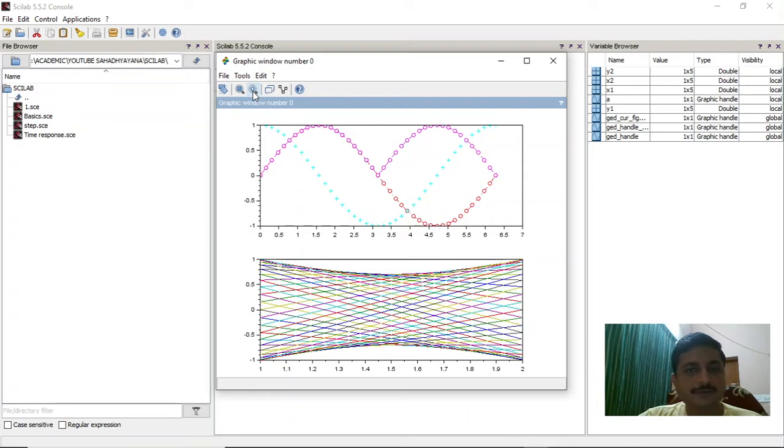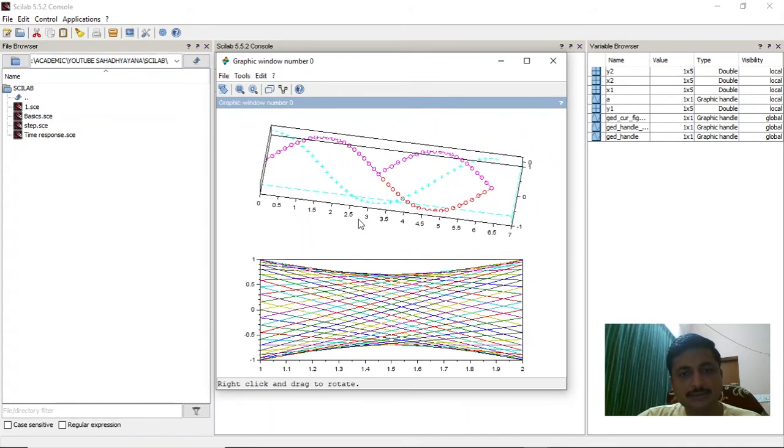So the next important feature it provides you is rotate. Okay, this is very useful in 3-dimensional plot, but in 2-dimensional plot also this can be useful. So you click this, then you can drag this. Right click, drag.